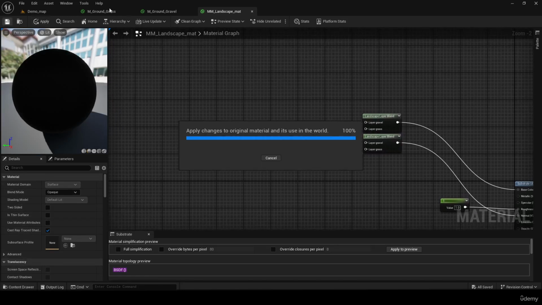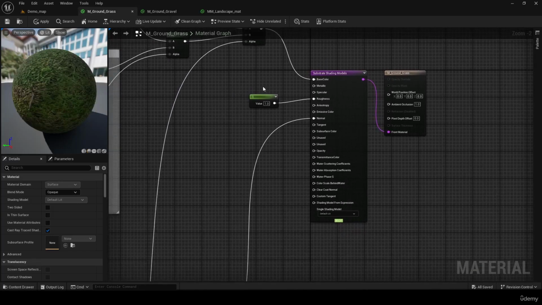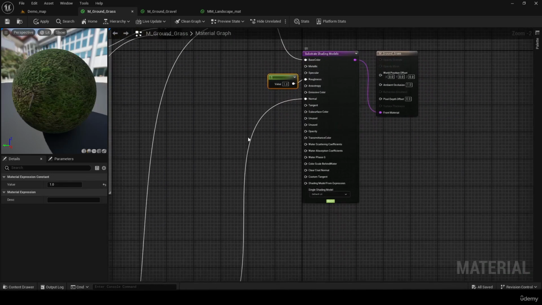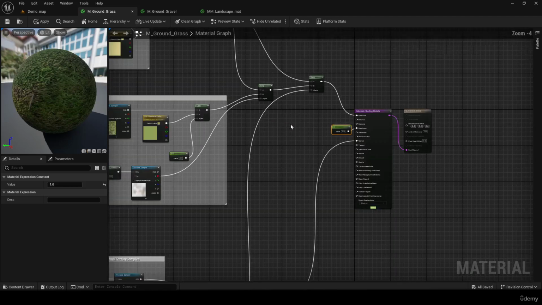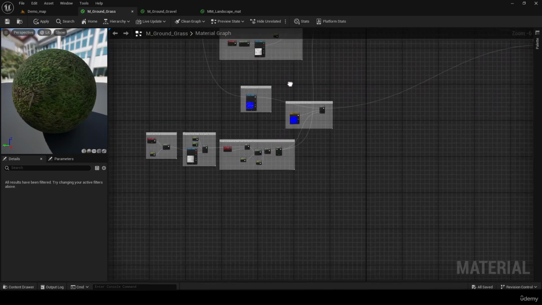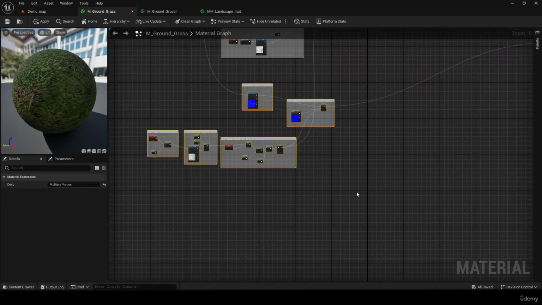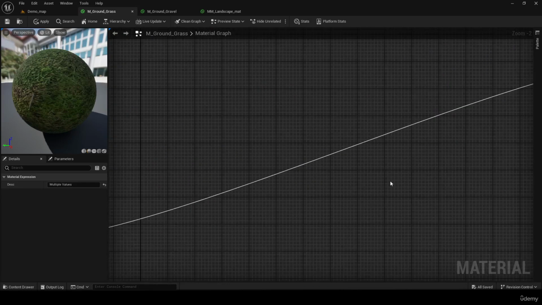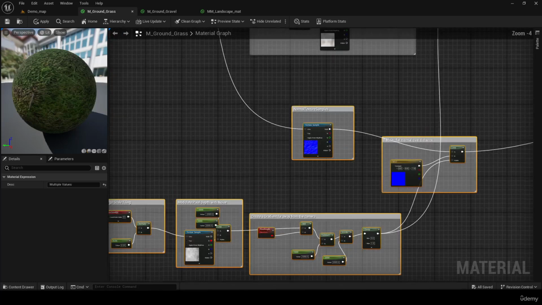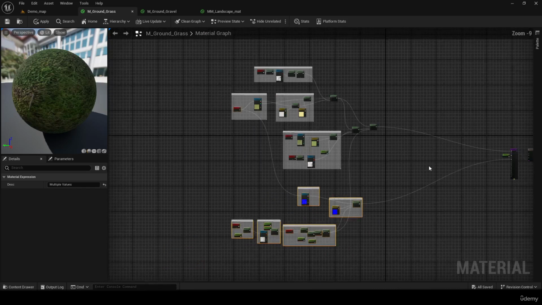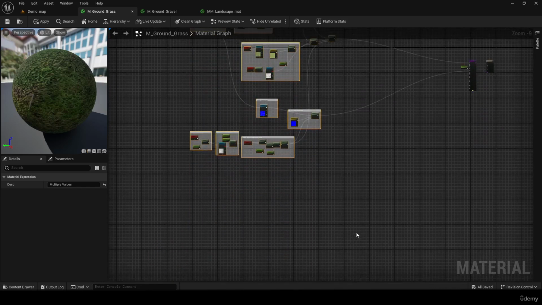We save this, and I have already opened the grass material and gravel material I'm going to use. And what I really need to do is copy what's in here for base color and normals. These 2 materials are made by default by Unreal, so they have conveniently for us separated them already. Everything on the bottom here goes to the normal together with the text coordinate node here. So what we can do, we can just copy this, all of it,